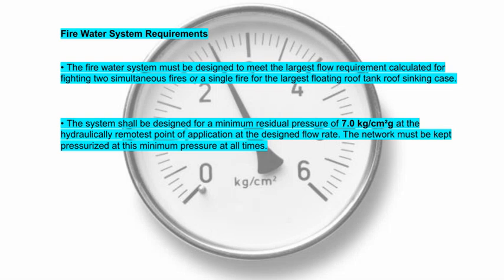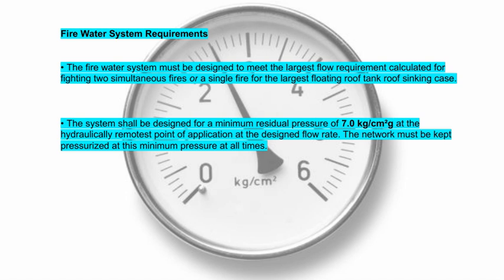Let's talk about the fire-water system requirements. First, it's crucial that the system is designed to handle the largest flow rate needed. This means it should be capable of fighting 2 fires at the same time, or even just 1 fire in the most demanding scenario, such as when a floating roof tank's roof sinks. The idea here is to ensure the system can respond effectively under the worst-case conditions, providing sufficient water flow to